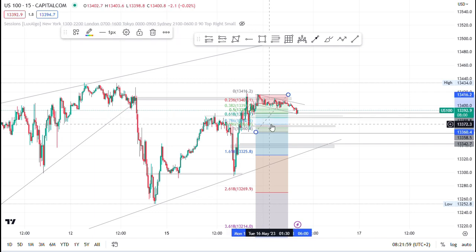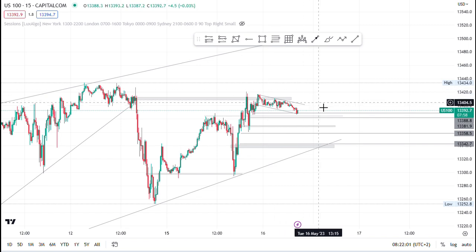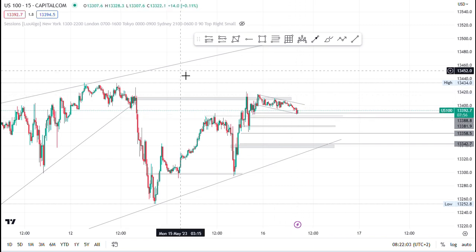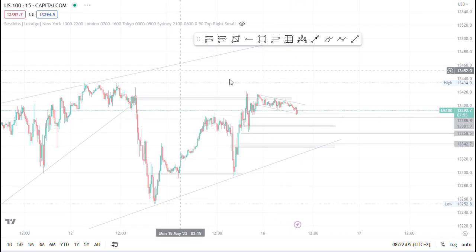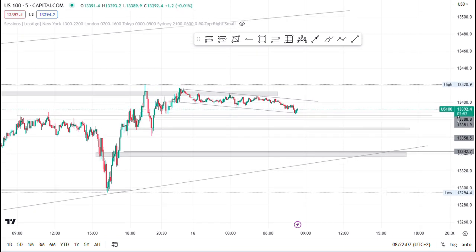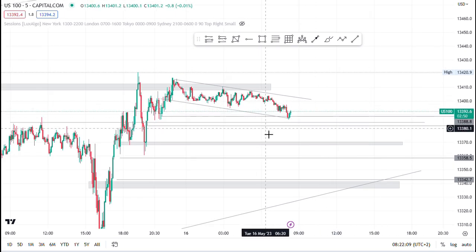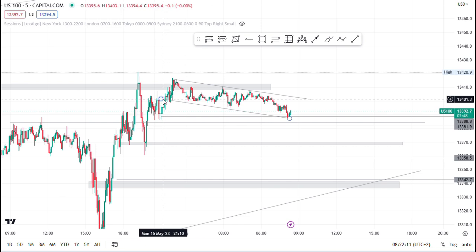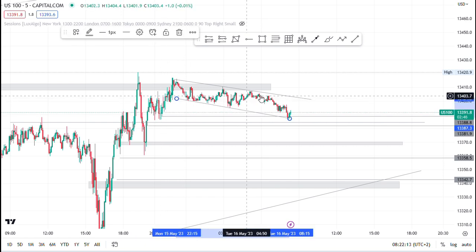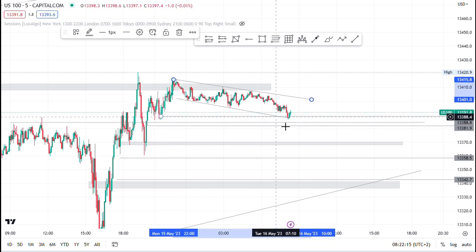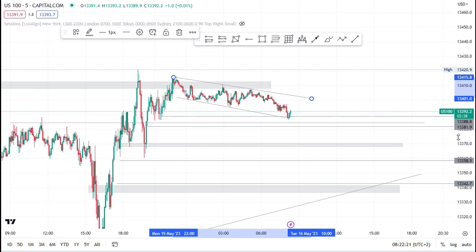Mark my golden zones, and then let's see. Let's just get a clear picture of how it came into my golden zone. So it touched the 15-minute, I mean the 50% level right here,